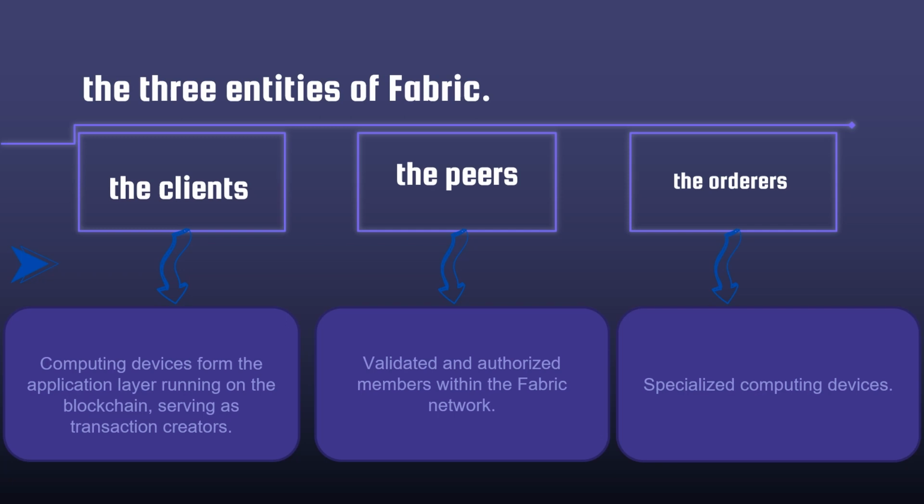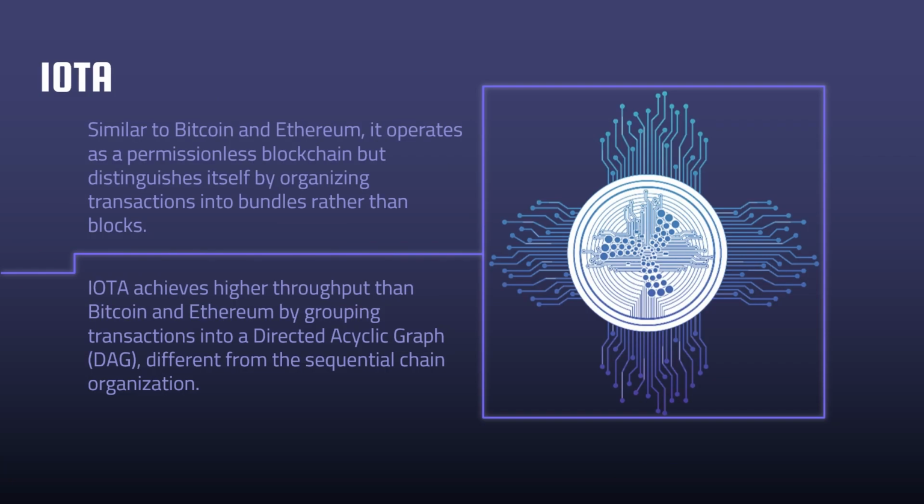The client is a computing device from the application layer running on the blockchain, serving as a transaction creator. The peer validates and authorizes a member within the Fabric network. The orderer is a specialized computing device. Similar to Bitcoin and Ethereum, it operates as a permissionless blockchain but distinguishes itself by organizing transactions into bundles rather than blocks, and achieves higher throughput than Bitcoin and Ethereum by grouping transactions into a directed acyclic graph, different from sequential chain